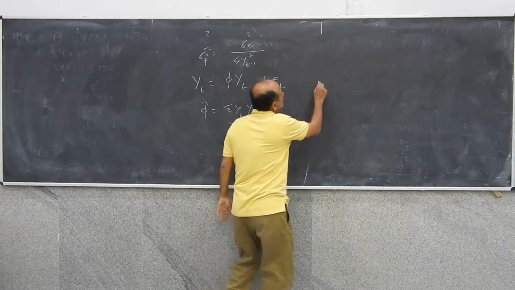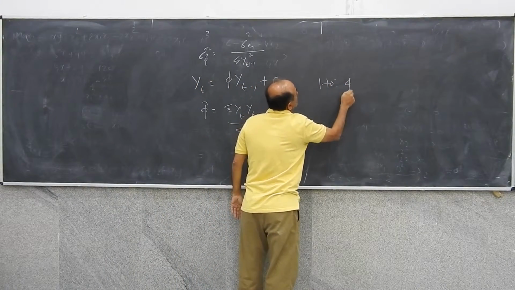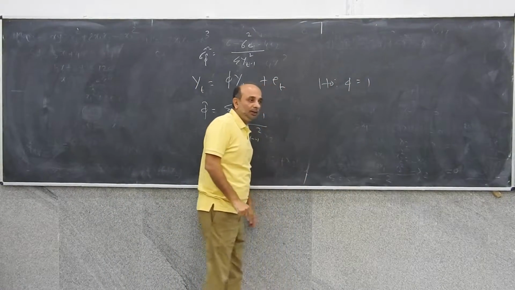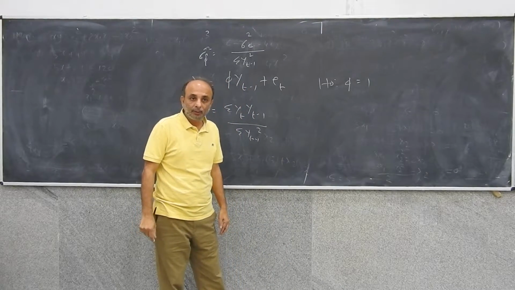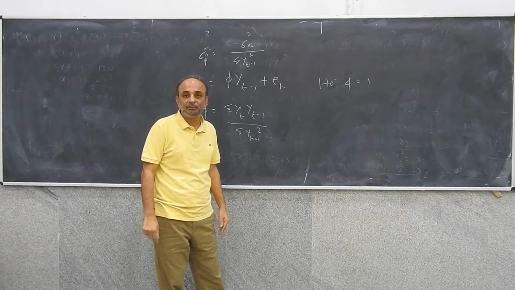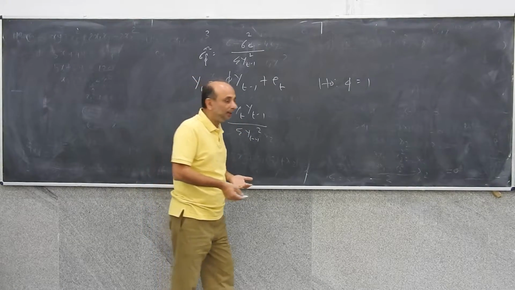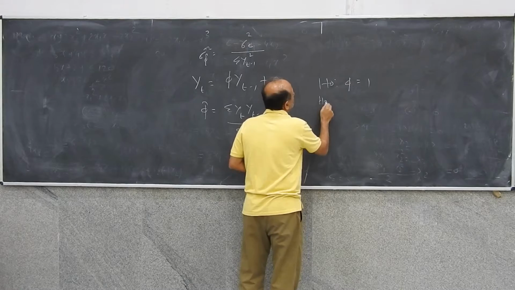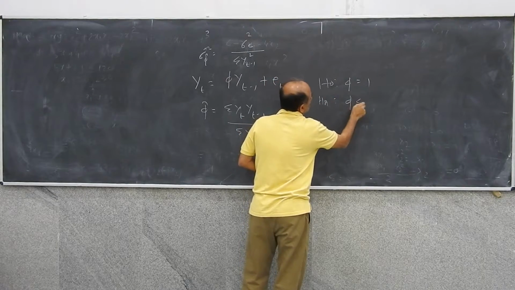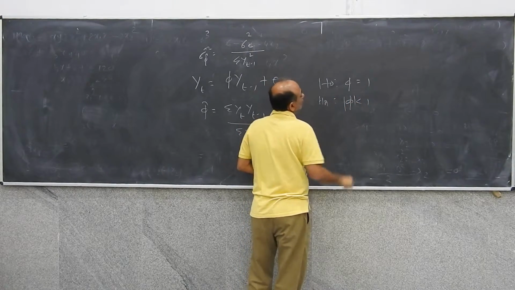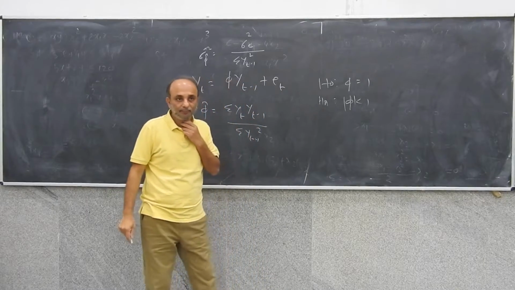If you want to test the null H naught, phi is equal to 1, against the alternative that the absolute value of phi is less than 1,